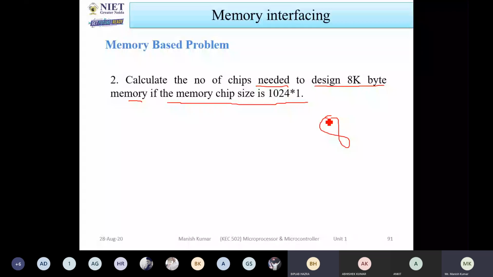फिर एक चिप में कितना स्टोर हो सकता है? वो तो डिपेंड करेगा ना, चिप की साइज कितनी है। 1024, ठीक है, लेकिन चिप के अंदर एक लोकेशन में 1 बाइट स्टोर होता है।